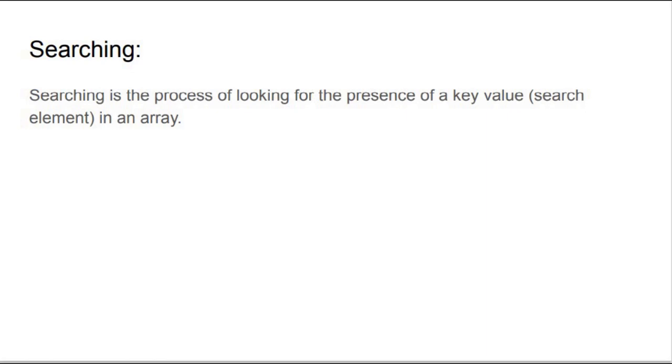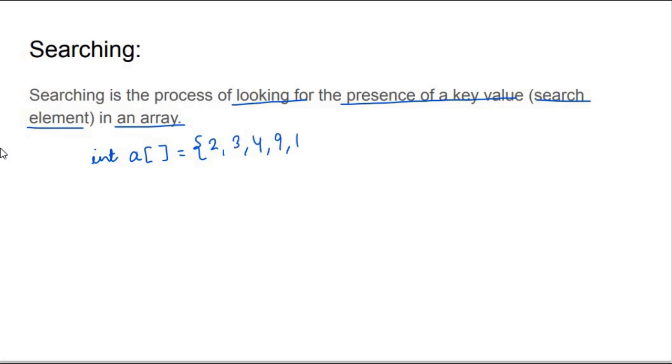Get ready with your notebook so that you can take down the notes, in which you are maintaining all the notes properly, starting from lecture 1. So searching is the process of looking for the presence of a key value, which is also known as search element, in an array. Suppose we have an array. Say the name of the array is A, and we have initialized this array A with some values, say 2, 3, 4, 9, 1.